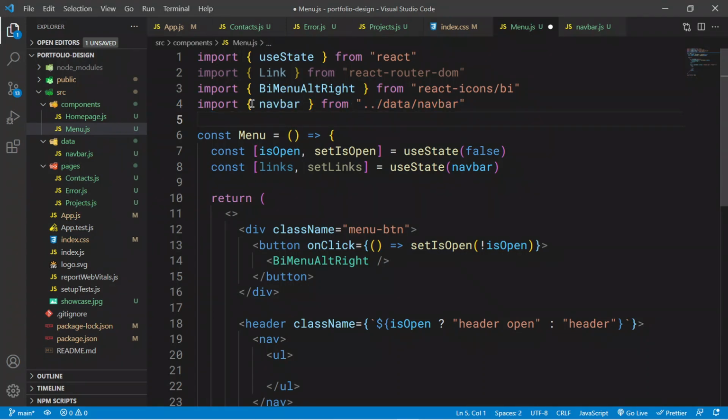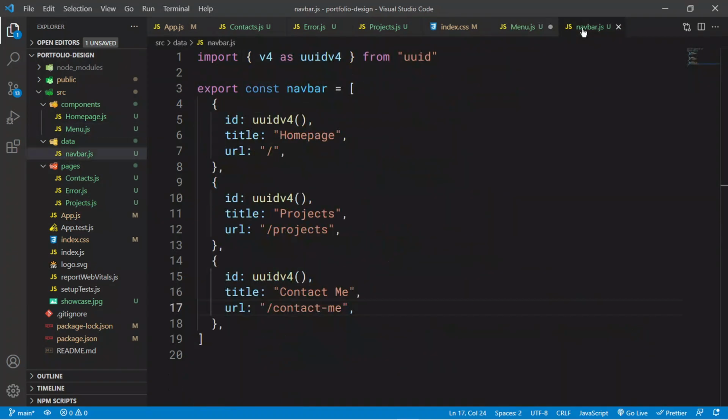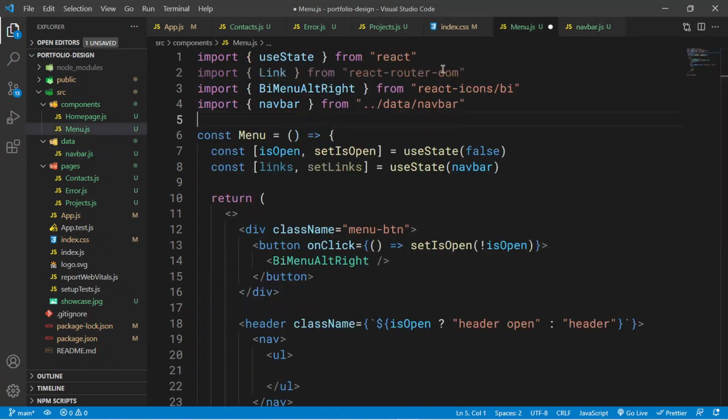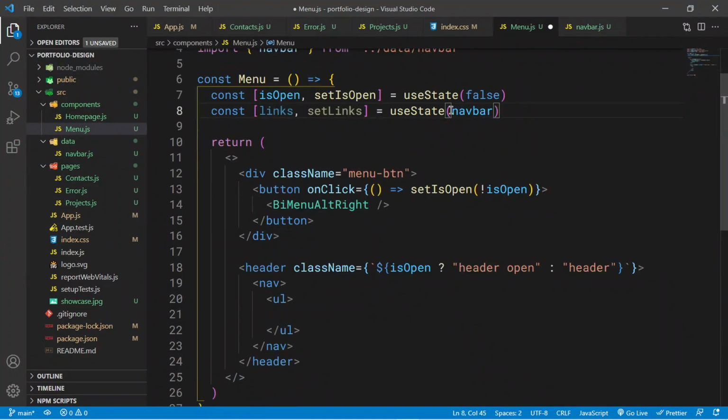And remember that because it is a named export, as you can tell by export const, it's not a default export, then you have to use curly brackets. That's why you also have all these other curly brackets, because they are named exports. Okay, so import navbar from /data/navbar, which I've just created, and which will populate this. Once you pass in the value inside here, it populates your initial state value,